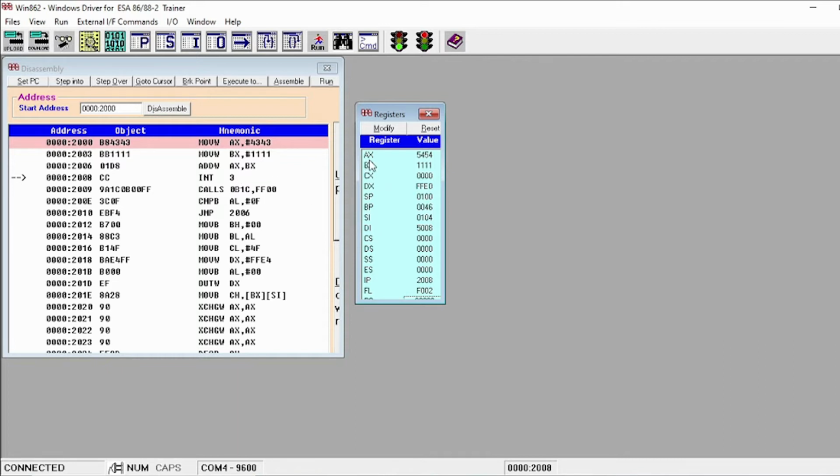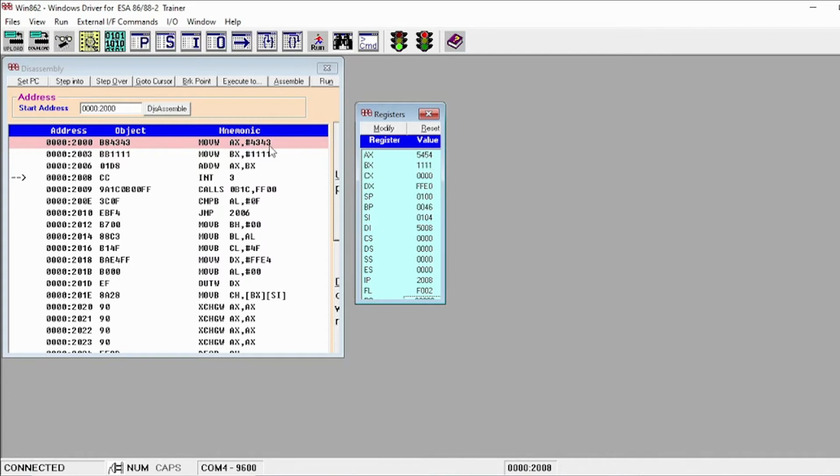So here if you observe AX, BX, CX, DX, SP, BP, SI, DI, okay, so all these are the registers, then the 4 segment registers, instruction pointer, flag register. So all these are the registers you can observe in view registers. So all these are the registers available in 8086 microprocessor. But according to the program, our addition result will be stored in AX register only. So you have to note down only AX register value, that is 5454 as the output.